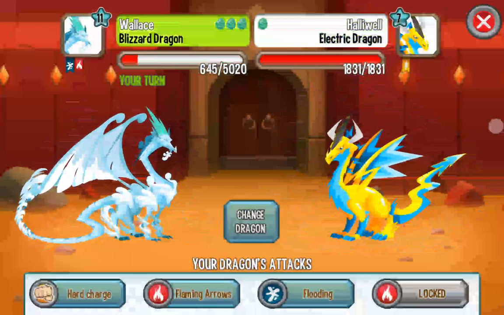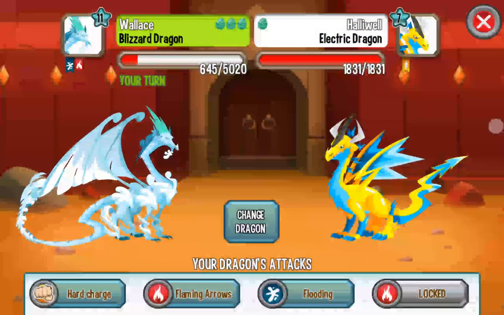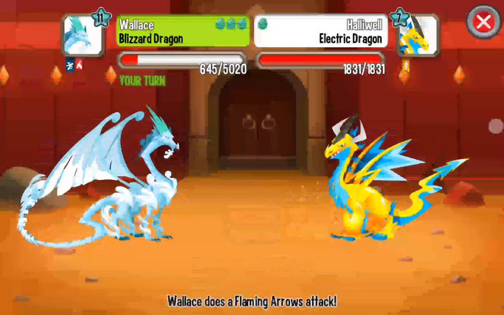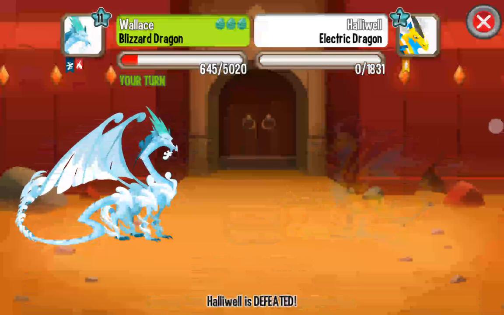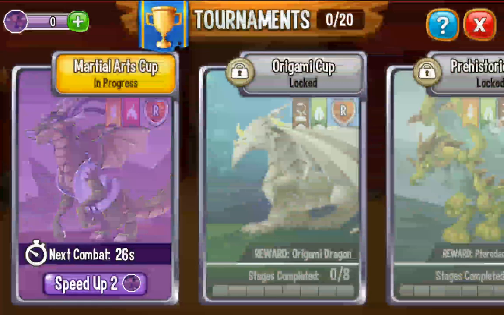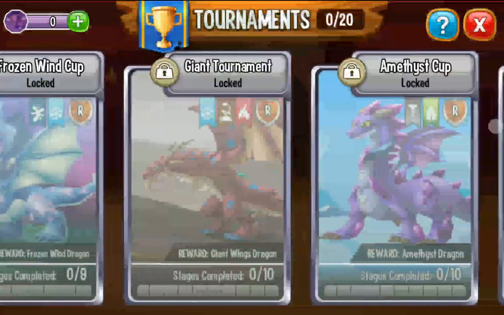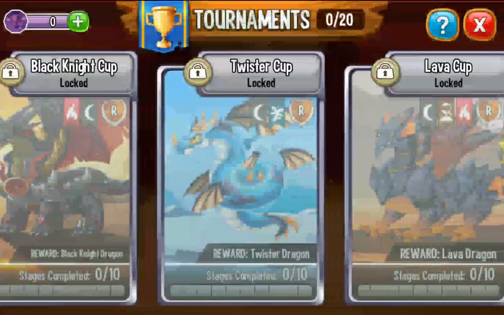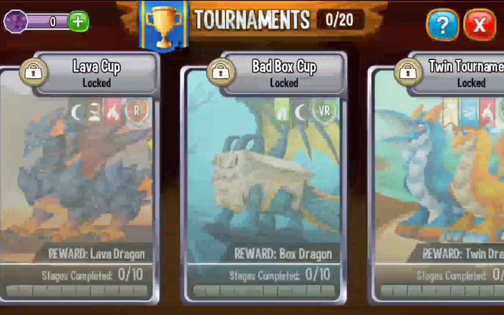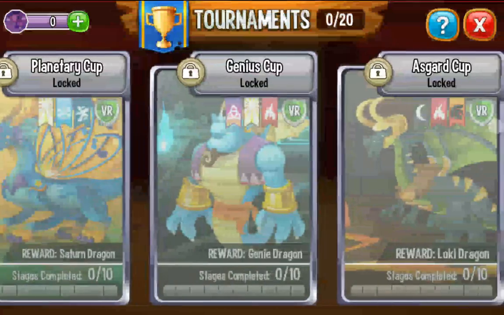or 4 to 15 or whatever level you can get the sea dragon or water dragon at. I'm gonna go flaming arrows. This dragon uses both fire type attacks and water type attacks. That's good about it. So yeah, gonna have to wait 24 seconds for the next combat. So you can definitely win a lot of crazy looking dragons, even though I have some of these. Twin Tournament, Planetary, Genius,